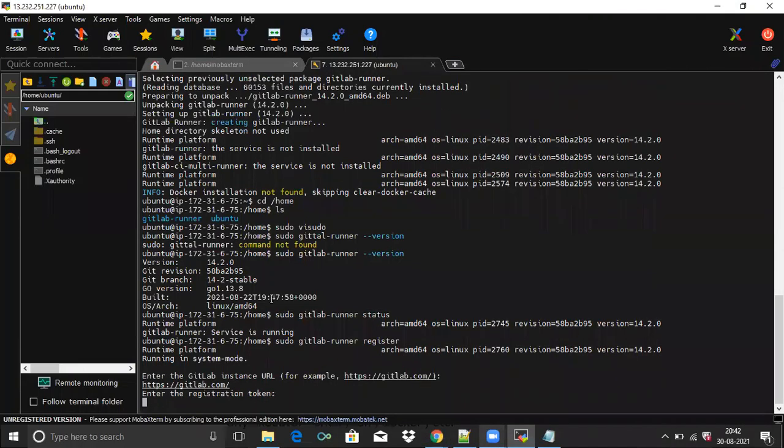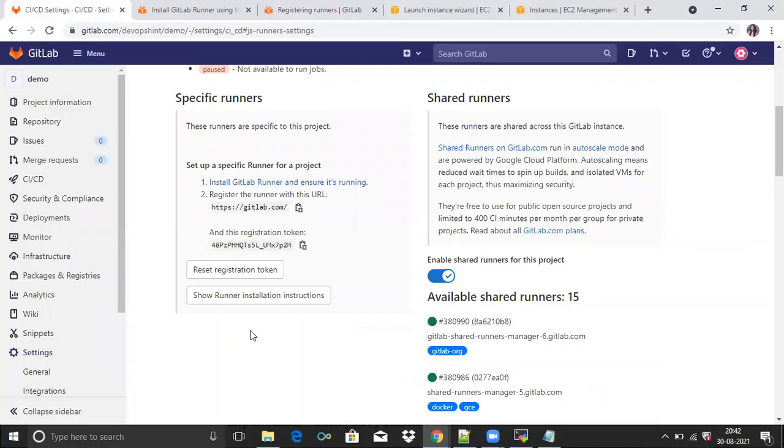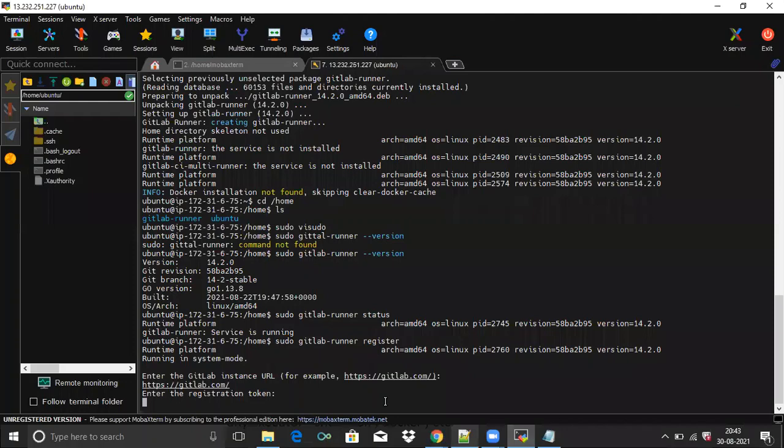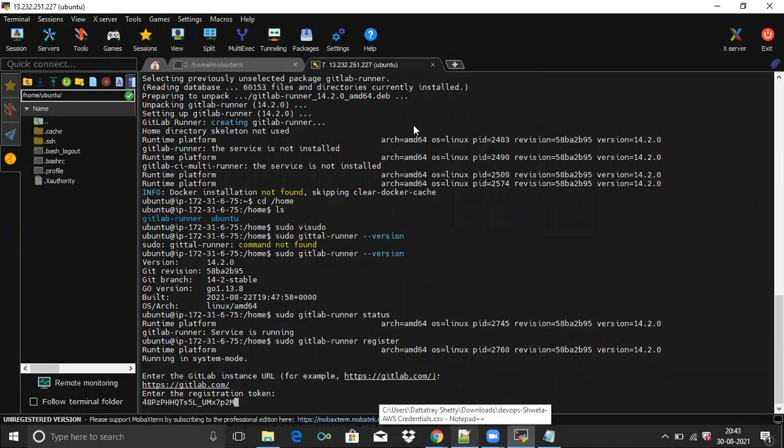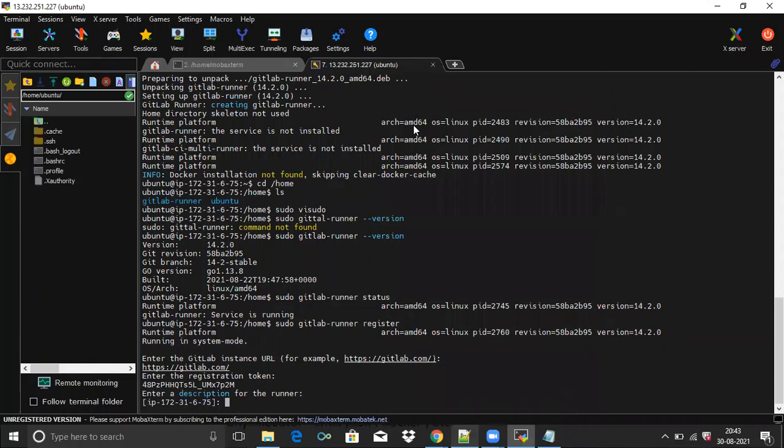Press enter, then enter the registration token. Here you can see the registration token. Copy this token and paste here. Enter, then enter a description for the runner.